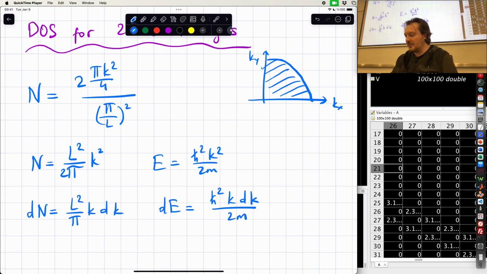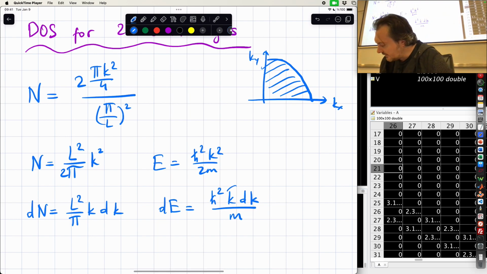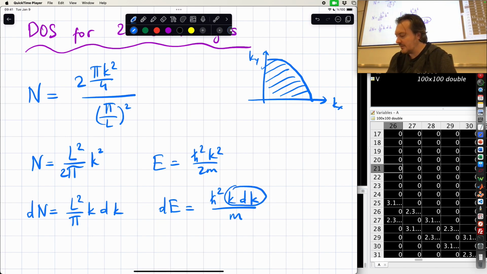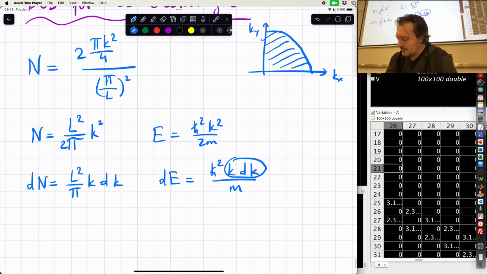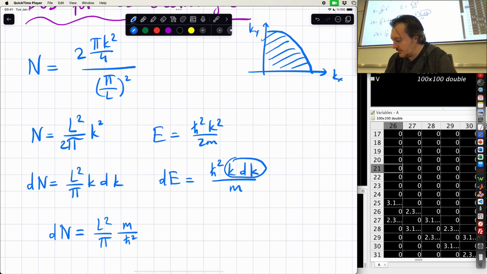So you can replace this k dk with dE times m over h bar squared, right? So that gives you dN equals L squared over pi m over h bar squared dE, which tells you that dN over dE is